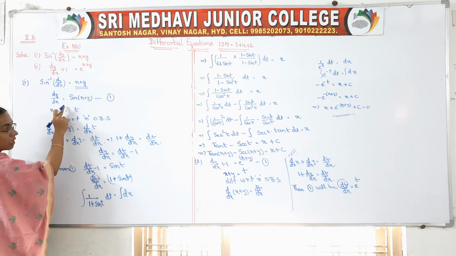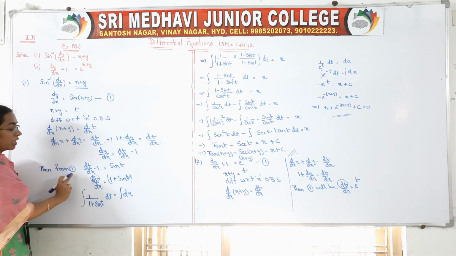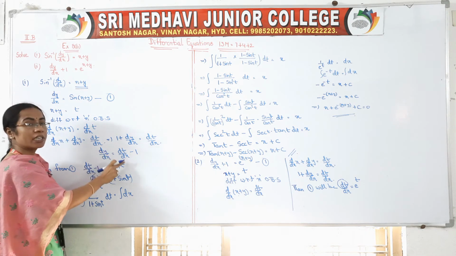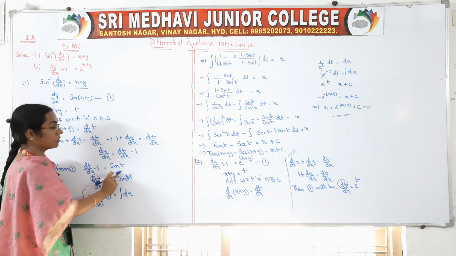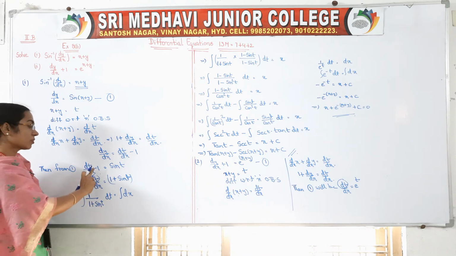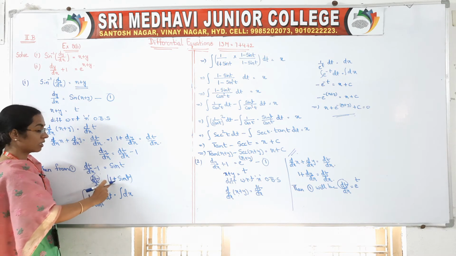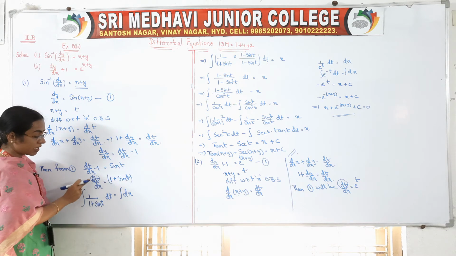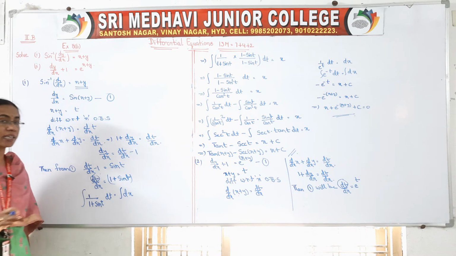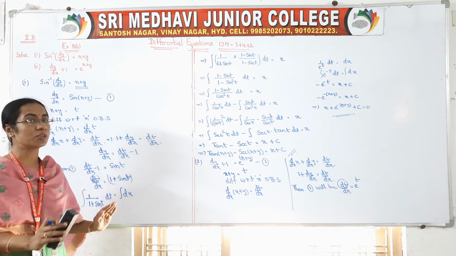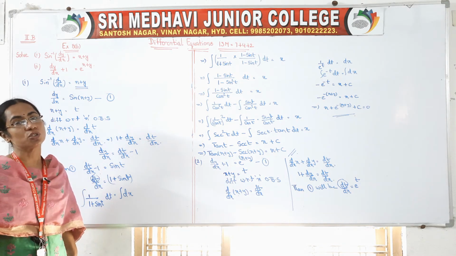So you take your equation number 1. Instead of dy by dx, you will have dt by dx minus 1 is equal to sine of x plus y, in whose place we have taken sine t. So now send this minus 1 to that side: 1 plus sine t. So these are t terms, and here observe dt by dx. So how can we separate all the t terms into dt and all the x terms into dx.